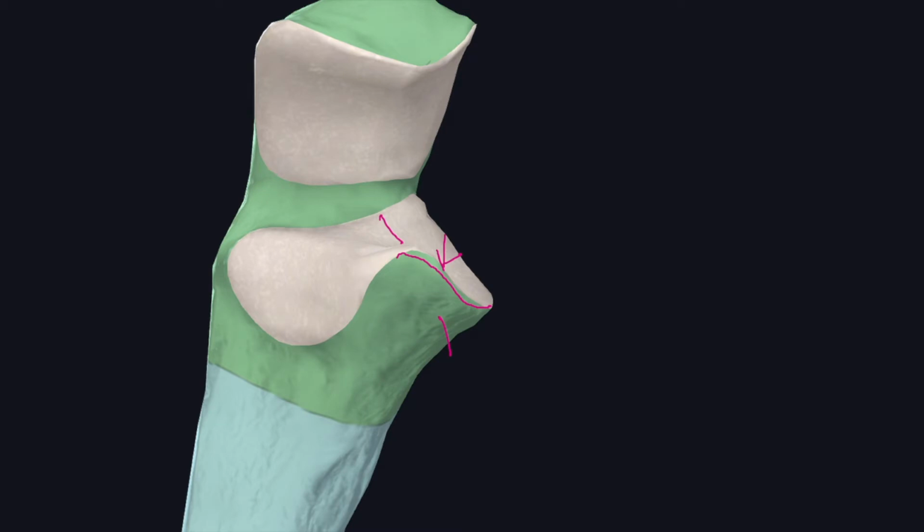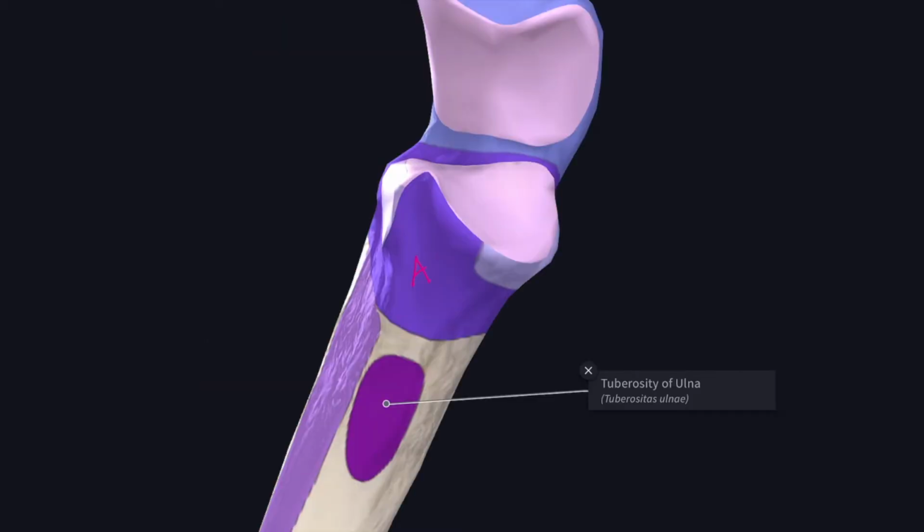in a flexed elbow. Next we'll see about the anterior surface of the coronoid process. It is rough and triangular with an elevation known as the ulnar tuberosity in the lower part. The entire anterior surface of the coronoid process receives the insertion of the brachialis muscle. The lower end of the ulnar tuberosity is connected with the corresponding part of the radial tuberosity by the oblique cord, which slopes downwards and laterally and represents the degenerated remnant of flexor pollicis longus.